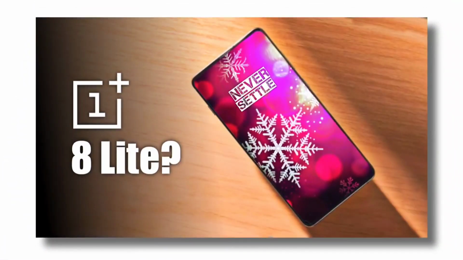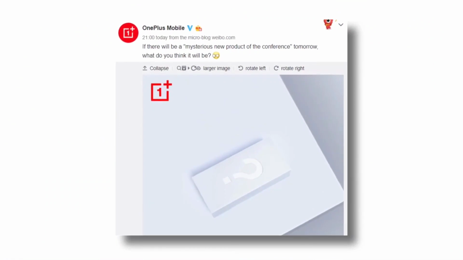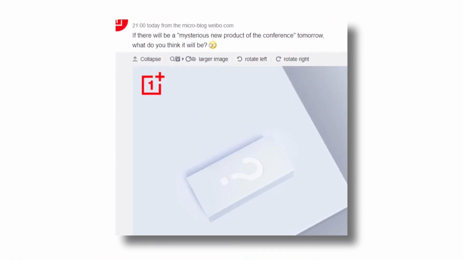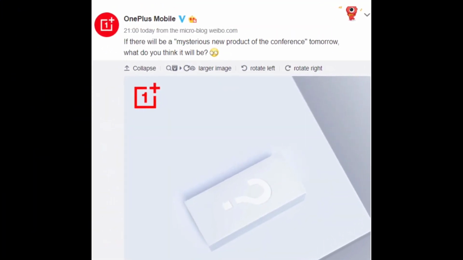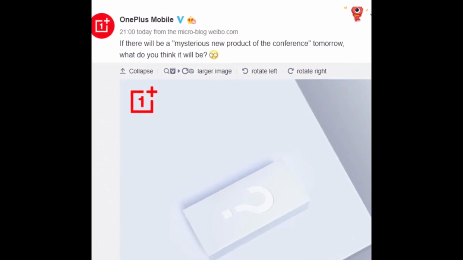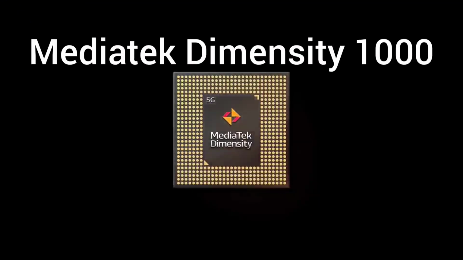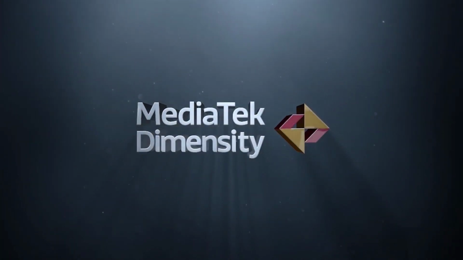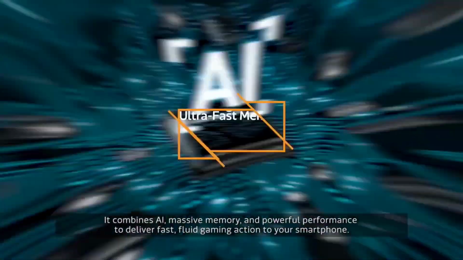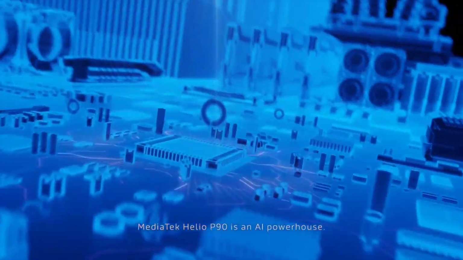The OnePlus Z was one of the most anticipated smartphones which was missing from the lineup. Also, a tweet from OnePlus China confirms that the OnePlus Z will be launched soon. The device also comes with the MediaTek Dimensity 1000, which was launched around December 2019. The MediaTek Dimensity 1000 is one of the favorite chipsets for Indian markets, which is more power efficient